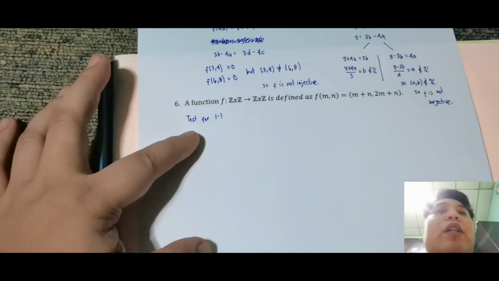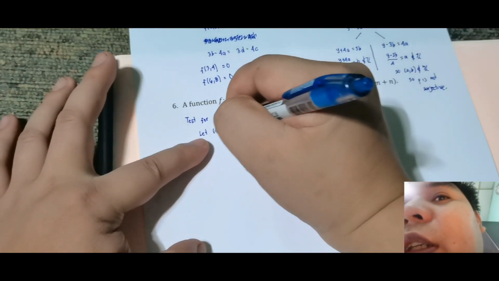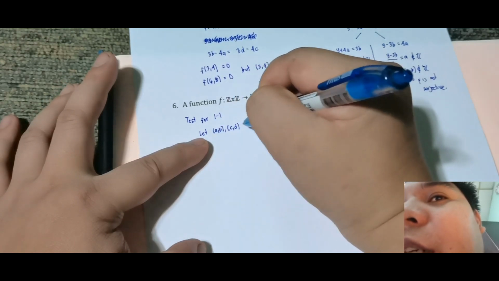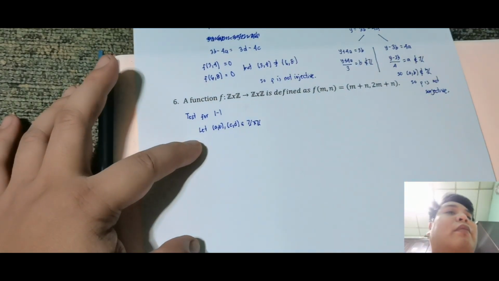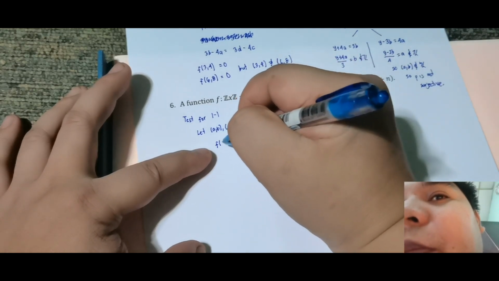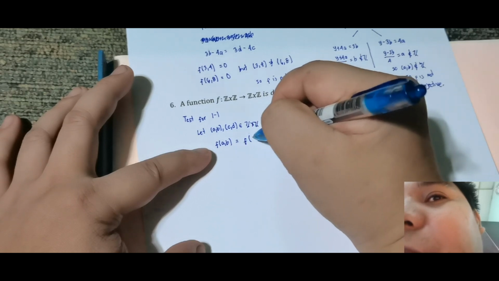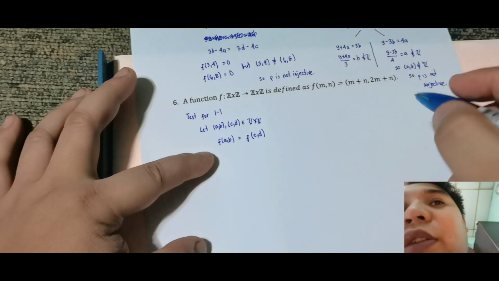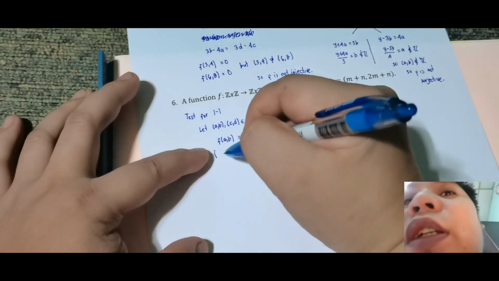Okay, so, similar nung kanina, let a, b, c, d element ng z cross z. Okay, and suppose that yung f of a, b is equal sa f of c, d. Okay, so ano mangyayari sa kanya? Magiging sagot dito, this is m plus n, 2m plus n. So this is a plus b,